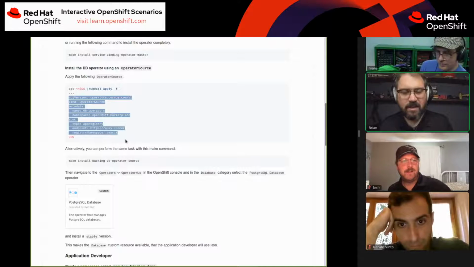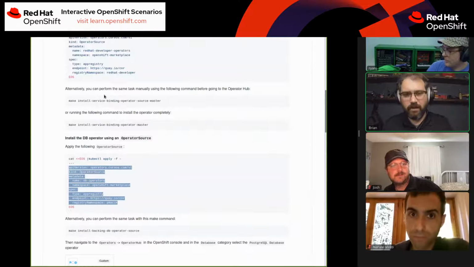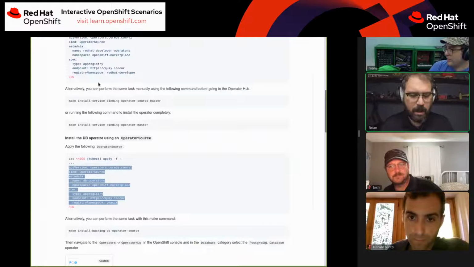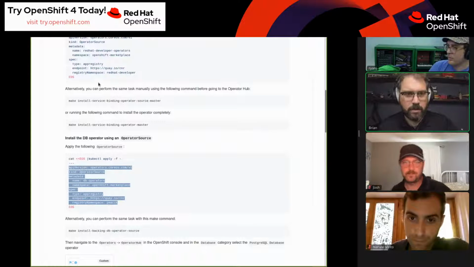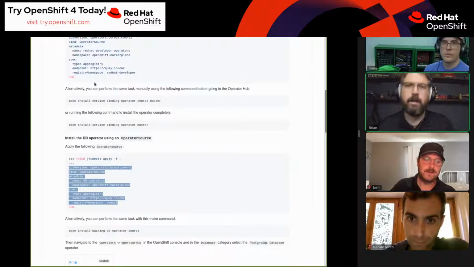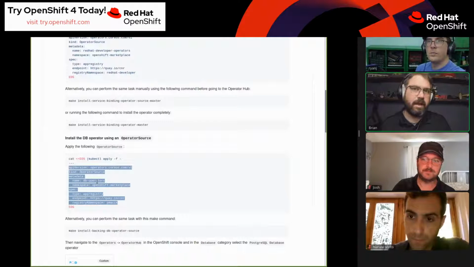And like I said, if you're wanting to try this out, the one gotcha, the trick up your sleeve, is the database has to be managed by an operator that, I would assume, exposes certain things or knows about the service binding operator. So there are databases that are available. You could add this operator source.